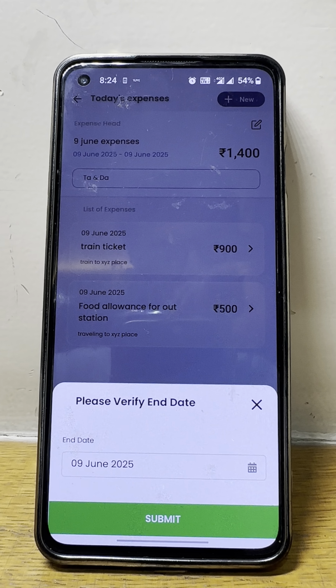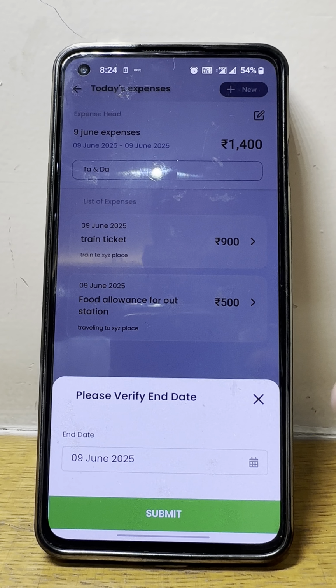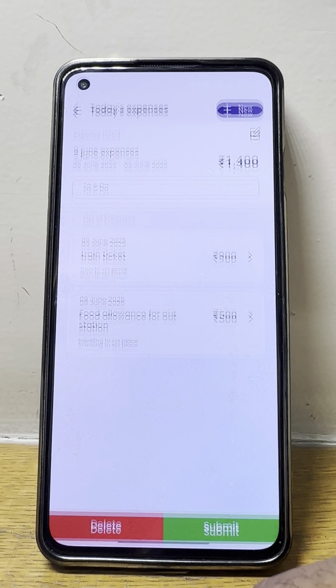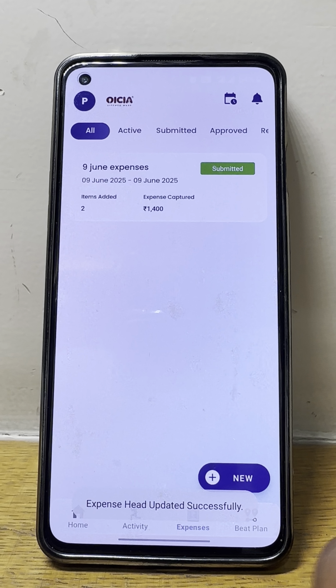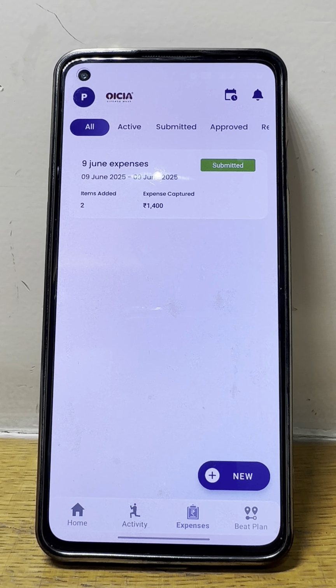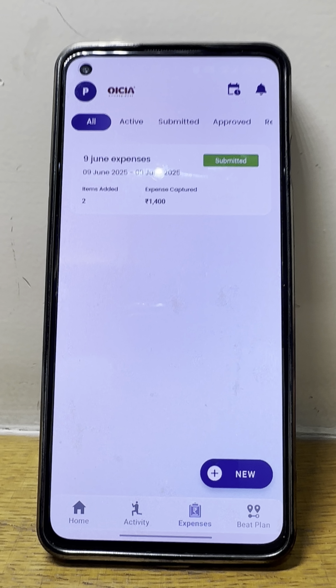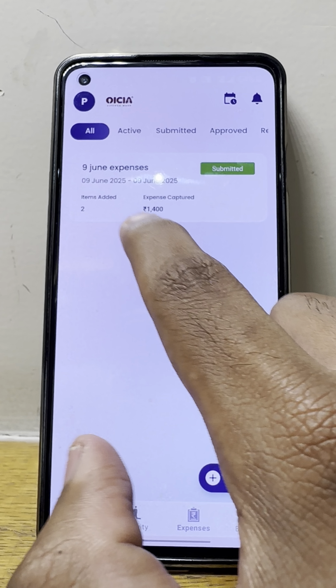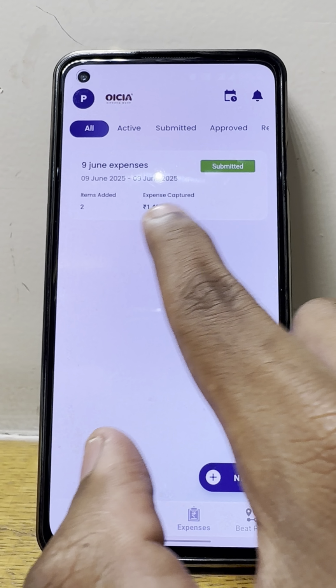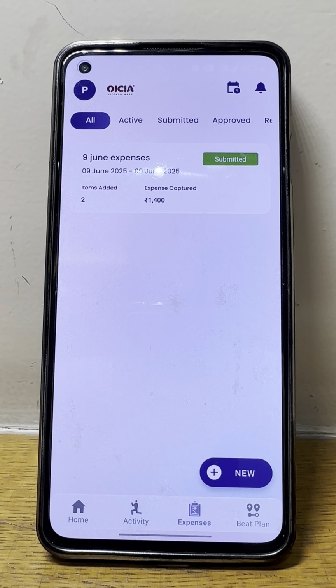End date would be today's date, since you are just putting your bills for the day, and then you'll hit this submit button. So now it will show submitted, and then the management would either approve it or reject it. If they do reject it, you will see the reason why it is rejected right over here. Okay, and then you can submit a new